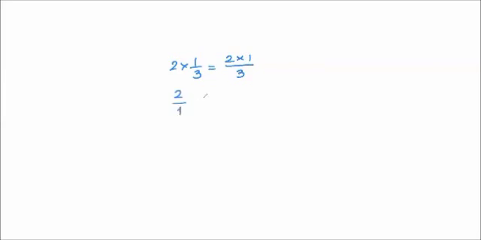So it is the same as 2 upon 1 into 1 upon 3. And we saw in multiplication of a fraction by a fraction that we have to multiply the numerators and multiply the denominators. And if you see, we get the same answer. So to keep it very simple, what we'll remember is that